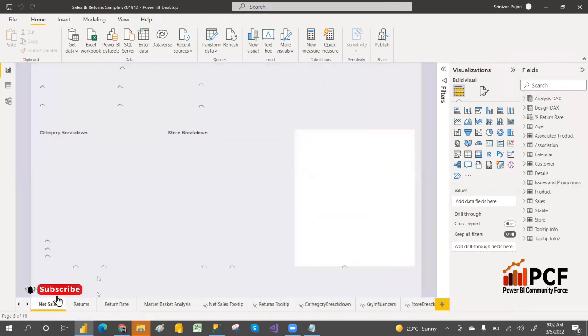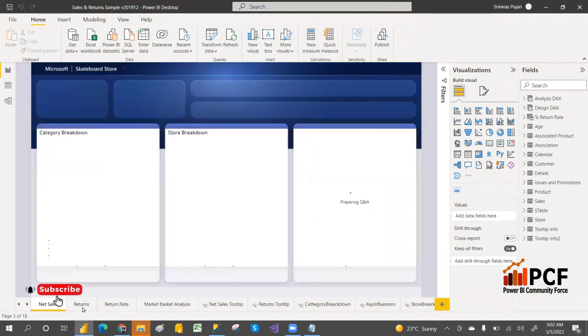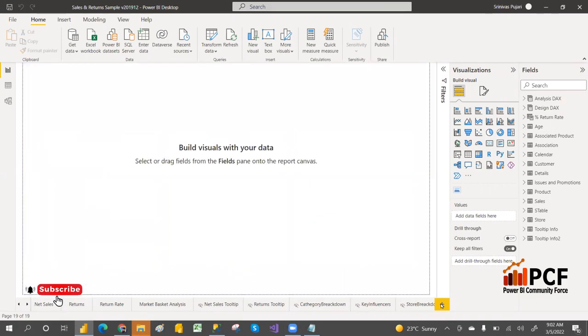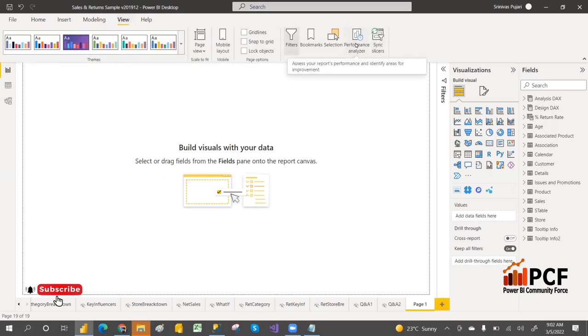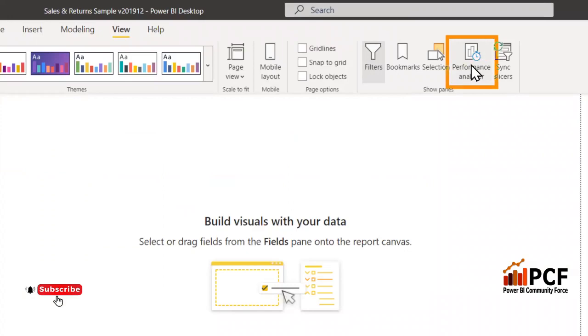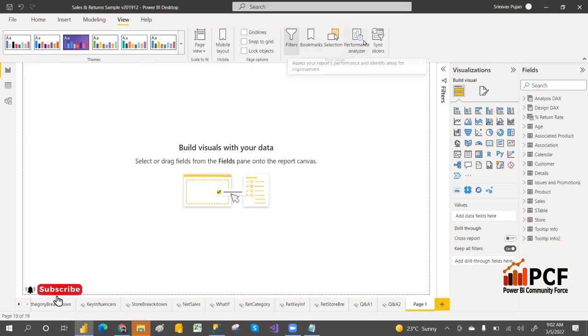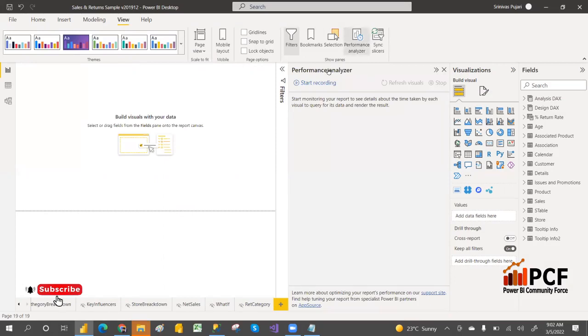Okay, so it's open now. If you want to see the performance, first you have to go with one empty tab, so it will take the cache. After that, only one empty page is required, so this is the empty page. Let me go with the Performance Analyzer in the View tab. There is a Performance Analyzer here, guys, you can click on this Performance Analyzer. Even after following all those best practices, if you haven't found anything,